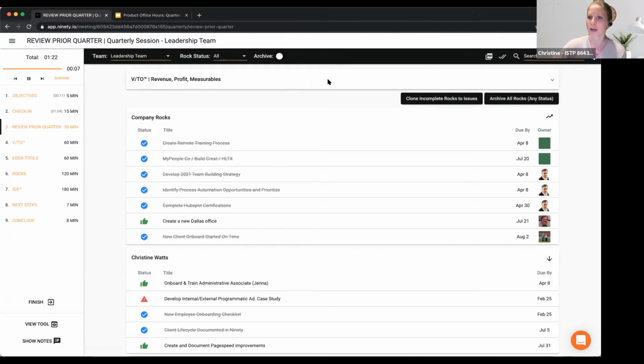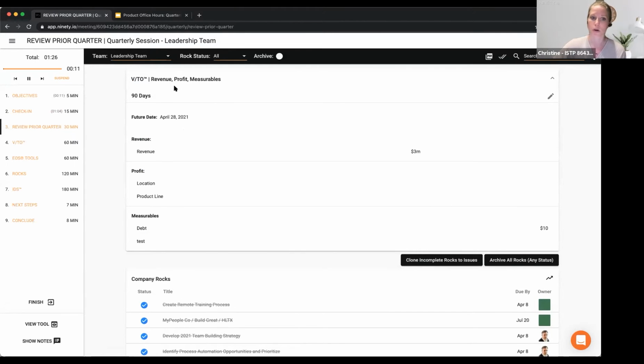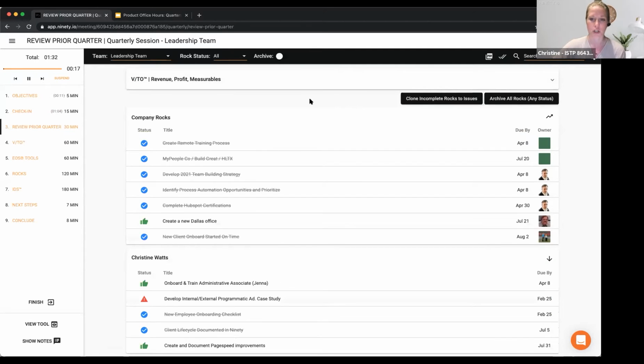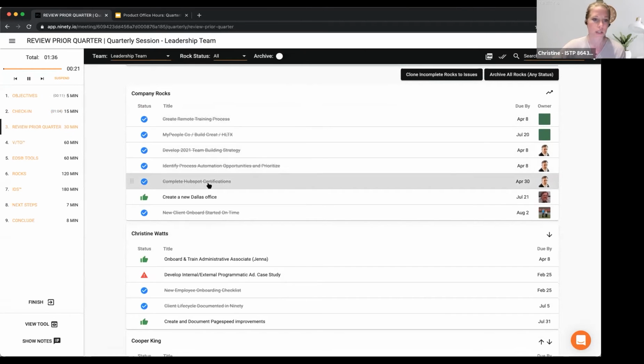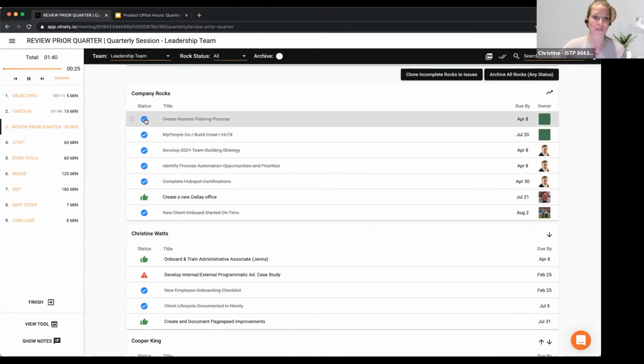So at the top here, you can dive into what your goals for the quarter were as it relates to the VTO. So your VTO information is right here as far as what you were trying to hit, revenue, profit, and measurables wise. And then once you get down into the rocks, you can go into each of these. Hopefully most of them are already marked as done. If not, you're going through one by one and doing that done or not done check here.